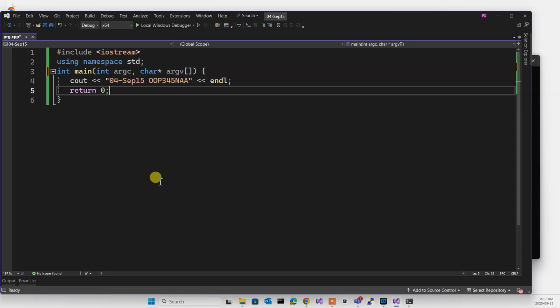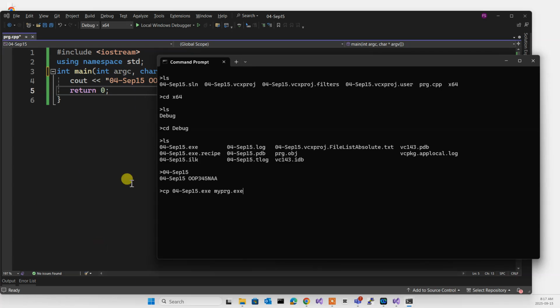But for the second signature of main that I'm going to come to, please remember what I told you about null termination. For here, when you say an array of pointers, it's an array of pointers to characters. And we know that an array of pointers to characters is suitable for C strings. Therefore, this is essentially an array of C strings, and the length is argc. What is argc? It is the number of things you see on the command line. So in the command line over here, I have cp, then I have this, then I have that, so argc